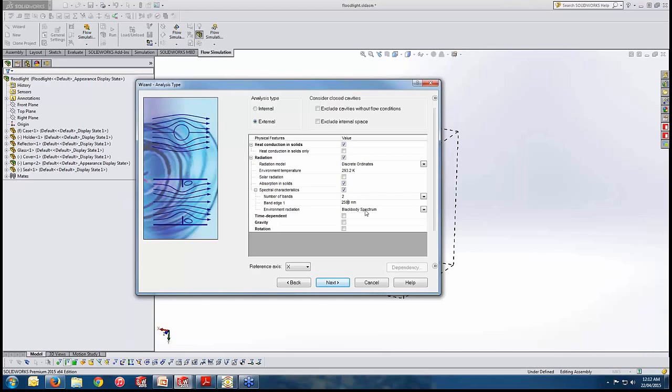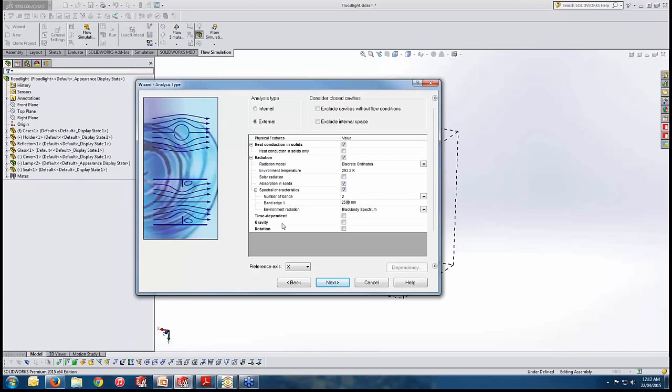So we have activated the absorption in solid. We are not considering any solar radiation, and we ask for the spectral characteristic for two bands and a wavelength of 2500 nanometers. Again, the operating temperature of the tungsten filament is 2900